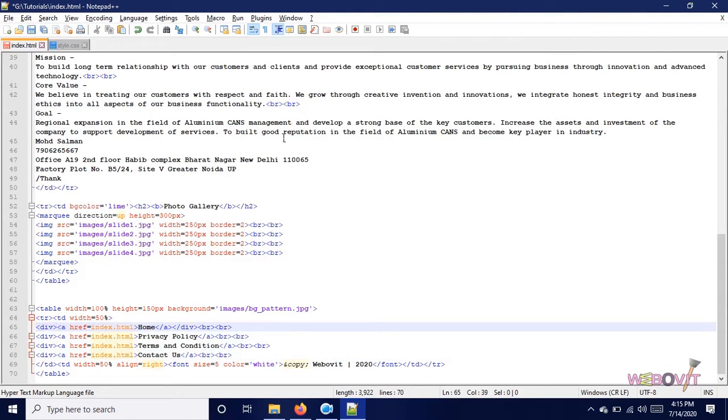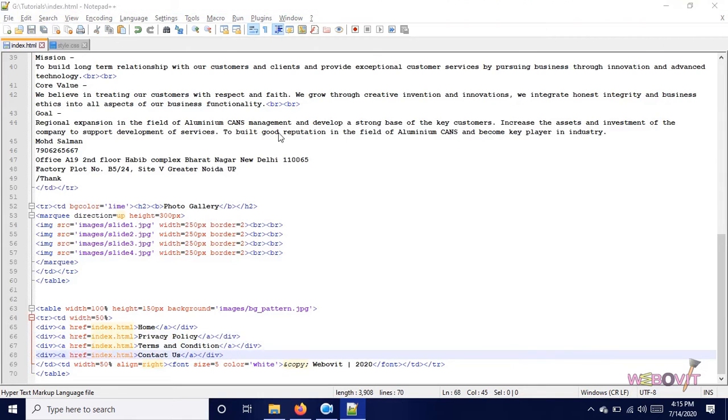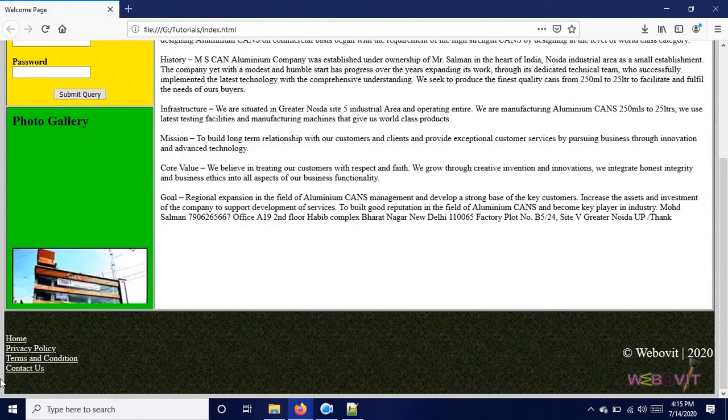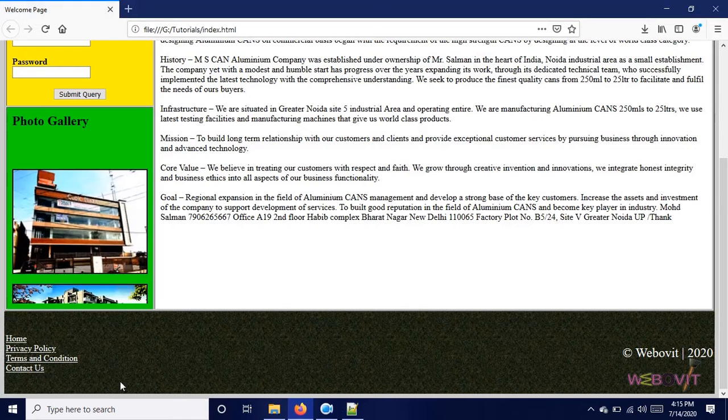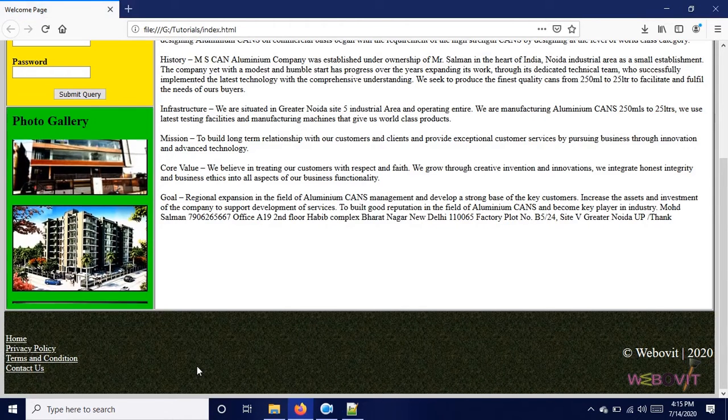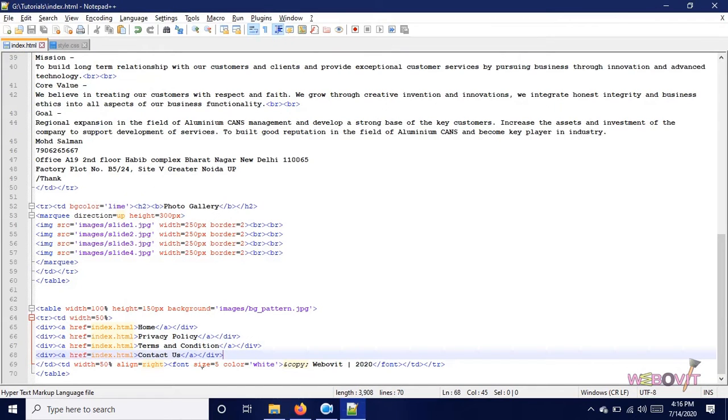Now we don't need this here if we are using div, because div already comes on one line. Now we have all these links in div. We could give padding also, so that there is a space between each and every link. So we will just put them in one single class.